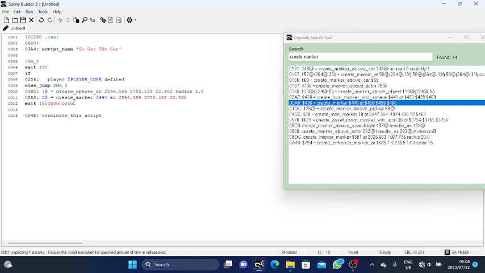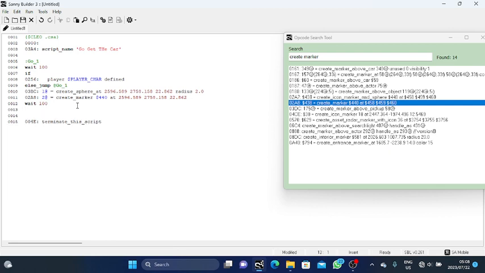What this wait will do, it will make sure that the game does not crash. As you can see, this line says terminate the script. It means once your game started loading, this code will be immediately executed and immediately terminated. So with this wait, it will make sure that you can actually see the sphere and the marker before it's terminated. So let's just clear this and leave wait 10, and then below this we can just say